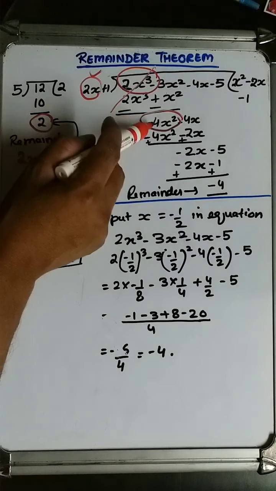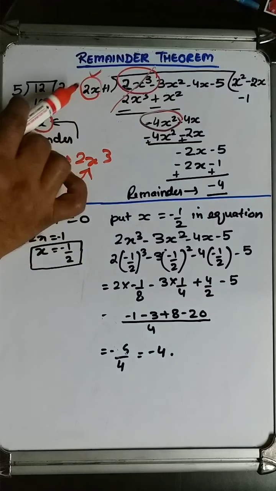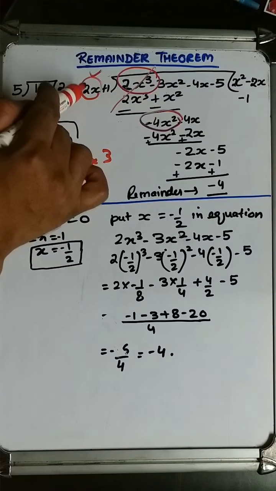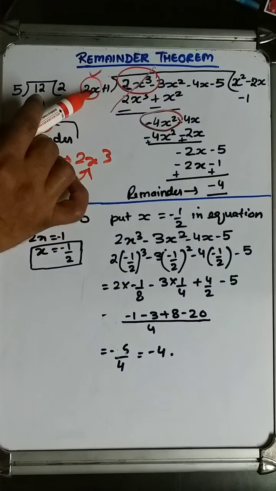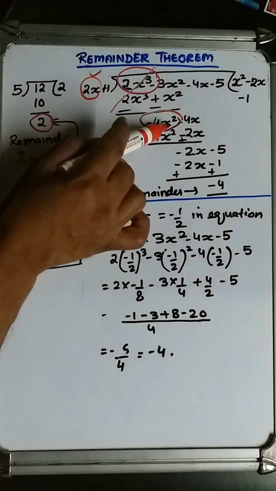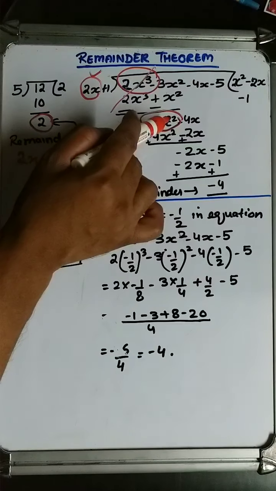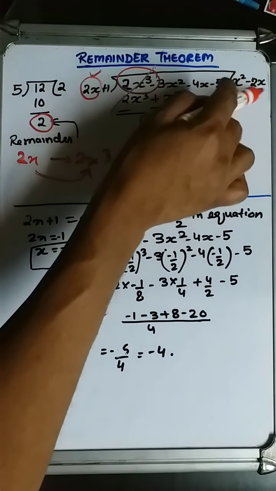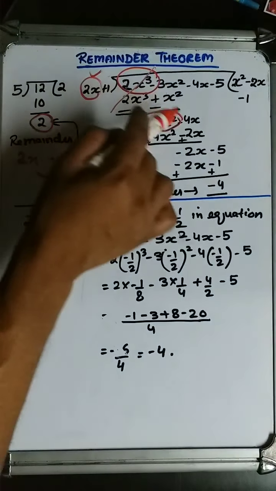This is 2, this is minus 4, take the sign also. To make it minus 4, this should be multiplied by minus 2. So we have put minus 2. Now check the x term. Here we have x, here we have x square. So x should be multiplied by x to get x square. So we have put x here. So this should be multiplied by minus 2x. Minus 2 into 2 is minus 4. x into x is x square.